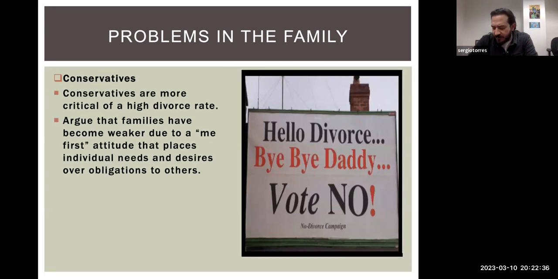Conservatives, obviously, are going to go the other route. Conservatives are going to argue that the government and society should make getting divorced more difficult, right? That we should put more effort into maintaining these traditional family models, marriages, right? We don't want people getting divorced because divorce erodes the foundation of our country, essentially, right? And there are other social problems that result from that too, right? Children don't do well. They can argue for the health of children to a certain extent, right? We care about the children on this one, and you can argue that two parents are better than one,